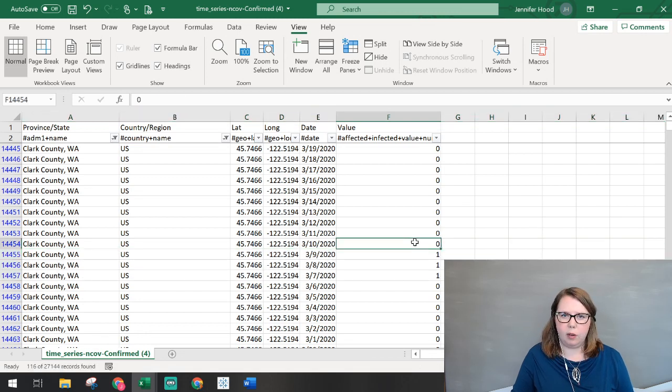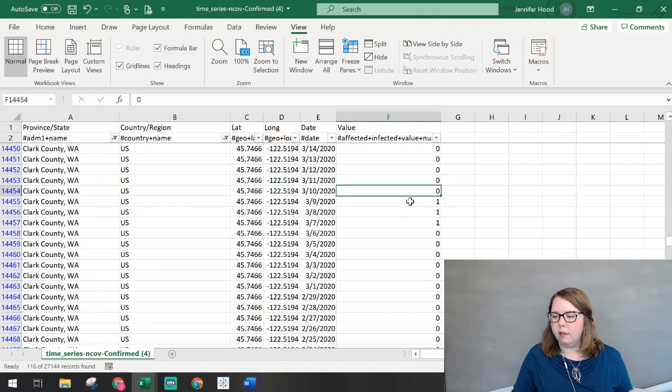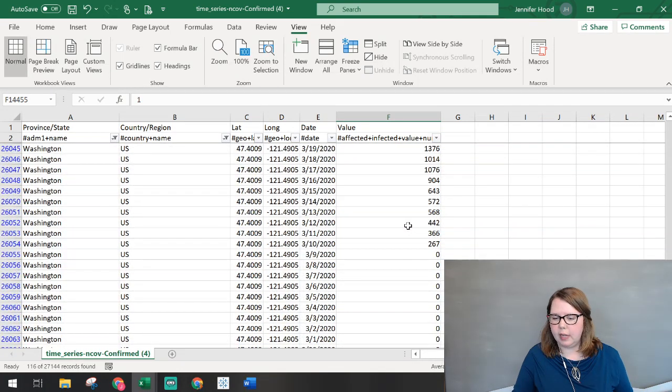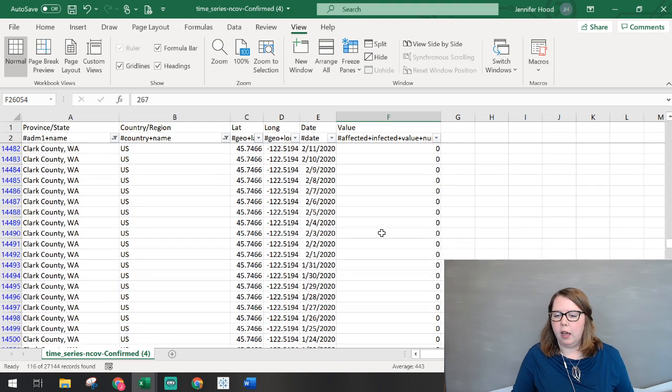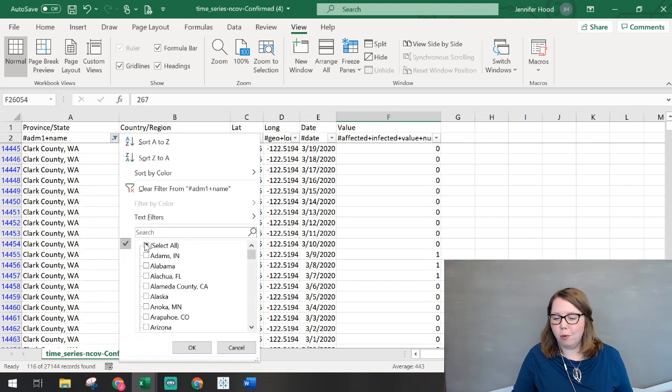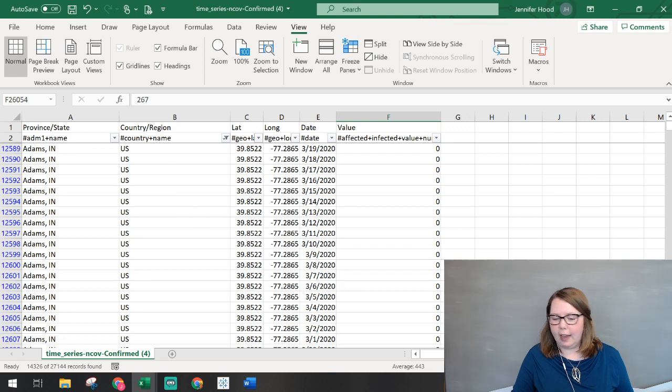It's not like suddenly that person wasn't positive, because these numbers are all cumulative each day. What happens is while things were initially reported on a county level when we weren't seeing that many reports, later they got rolled up into the state level. So those ones that we initially saw there are in Washington's total numbers now. So that's something that we'll need to pay attention to and correct for in the data, which complicates it a lot more than if we just had the states here.